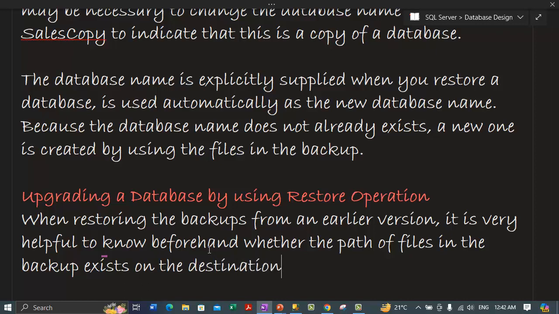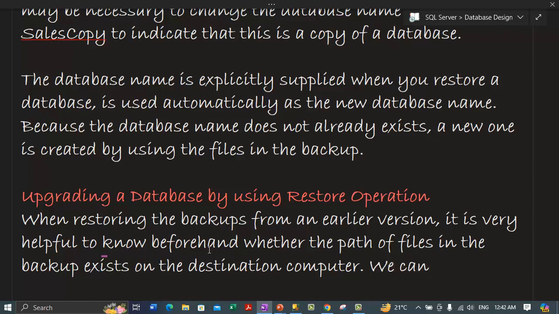Overwriting should not happen. So we should know paths beforehand. And basically to list the logical name and physical name, basically path and file name of every file in the backup, including the catalog files,